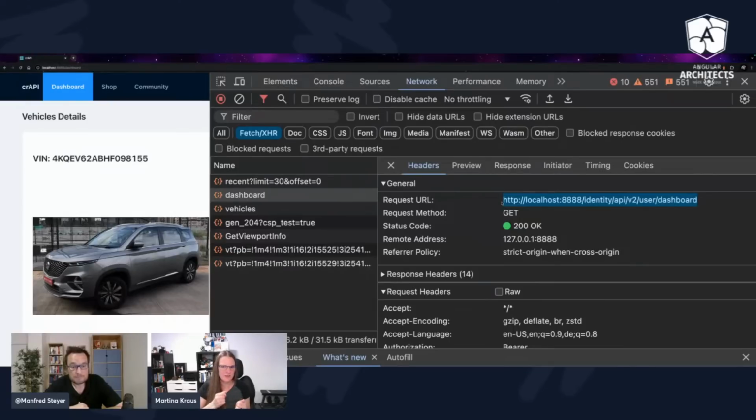I'm pretty sure, and if not, you should watch the interview with Philippe De Ryck, where maybe he explained the kinds of claims you have inside an access token. Inside the access token, there's, for instance, a claim which tells to whom the token belongs. So this claim must give the API the information that, yes, please give information to this subject, to this user.